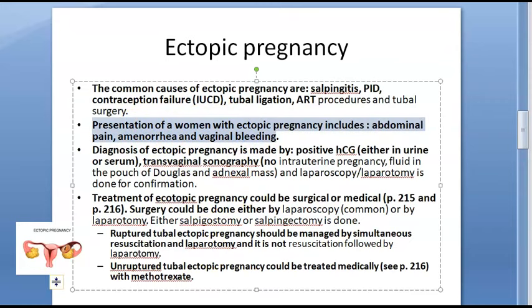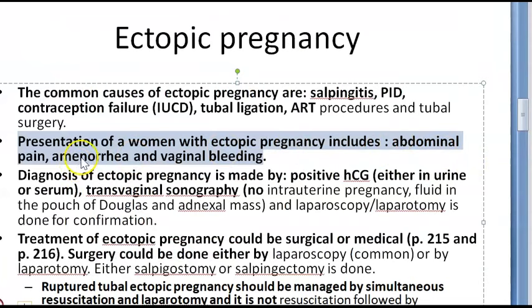So how will a woman present with ectopic pregnancy? She can present with abdominal pain, amenorrhea. Whenever a woman comes with amenorrhea, that is, she's missed her period, you're going to check for pregnancy and also rule out an ectopic, right? And vaginal bleeding can be there, very important. If she comes with amenorrhea of a few days and vaginal bleeding, you have to rule out ectopic. Check beta HCG, whether she had a positive pregnancy test, and you have to rule out ectopic.